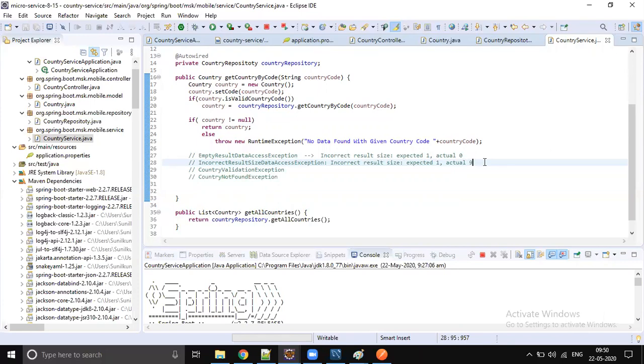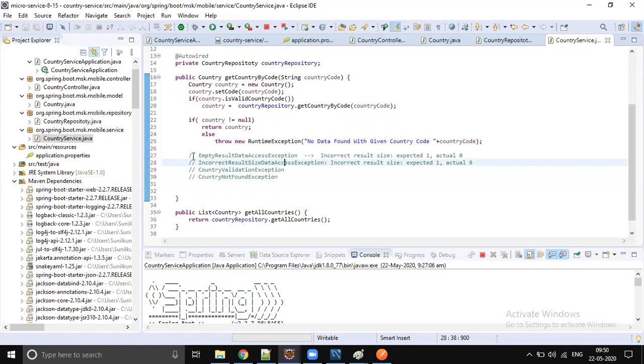So you get these two exceptions, empty result data exception and incorrect result size data exception. By looking at that exception itself, you should say what the problem is. When you see empty result data exception, you should say, hey, there is no data available with this primary key. And when you see incorrect result size data exception, you should say, hey, we are expecting one row, but multiple rows are present. So you should check why there are multiple rows present, but that is fine.